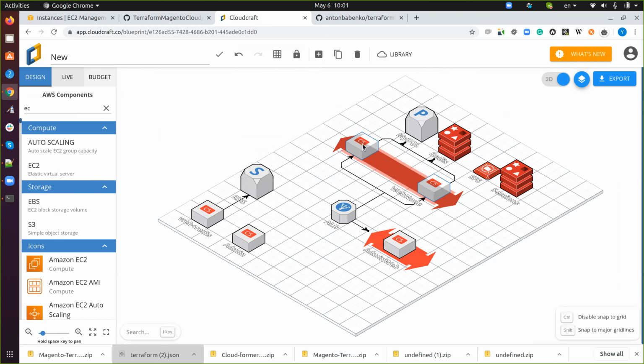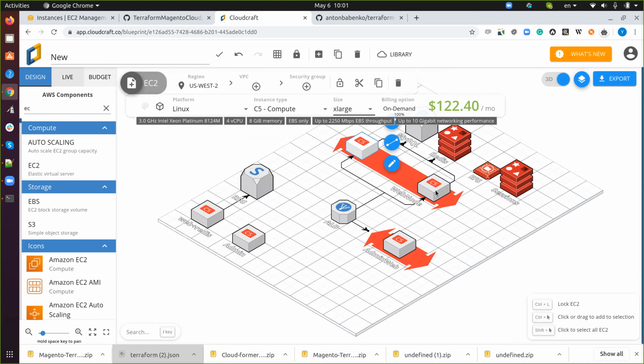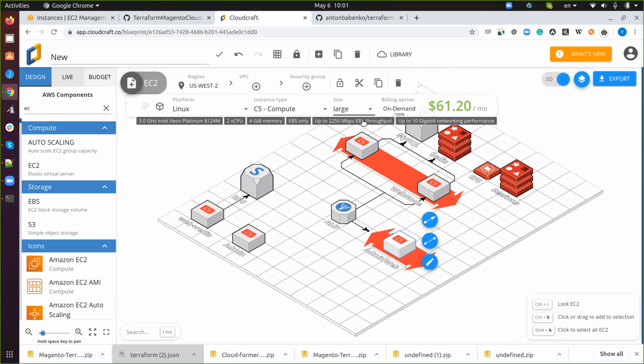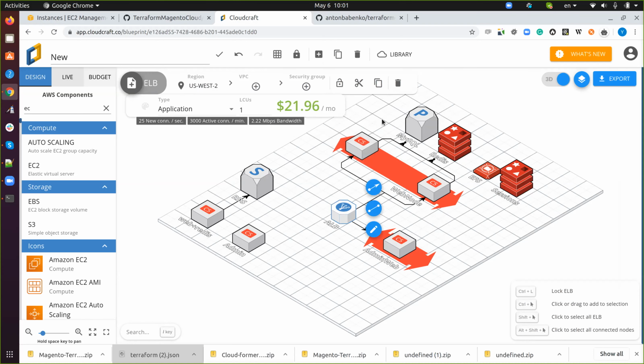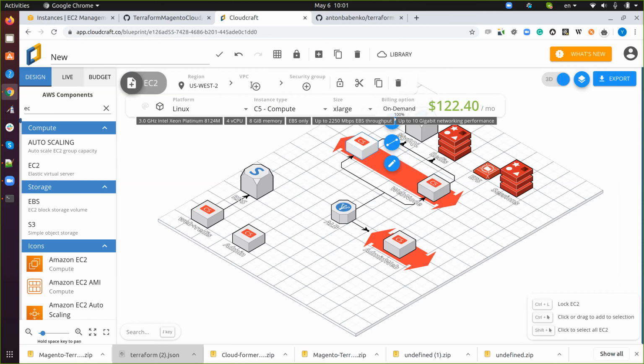Size of these instances. X large here, it's good. X large here, it's large. It's also better to use X large for web nodes. Load balancer. Yeah. Okay. It has a really good tool, and it's our big